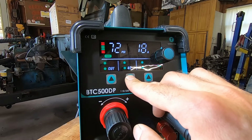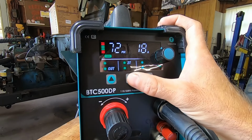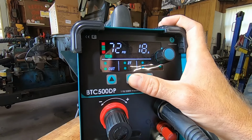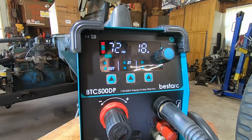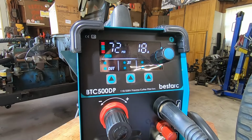2T and 4T. Alright, I had to look in the book at what 2T and 4T means. My welder has the same setting and I never use it. So the 2T says press switch, torch working, stop pressing switch, torch stops working. So that means it's just like an intermittent switch. And then 4T means you click it once, it's running, you can let go of the switch, it'll keep running, then you click it again and it'll stop running. So that'd be probably like if you're doing a long cut and you don't want to hold the trigger in